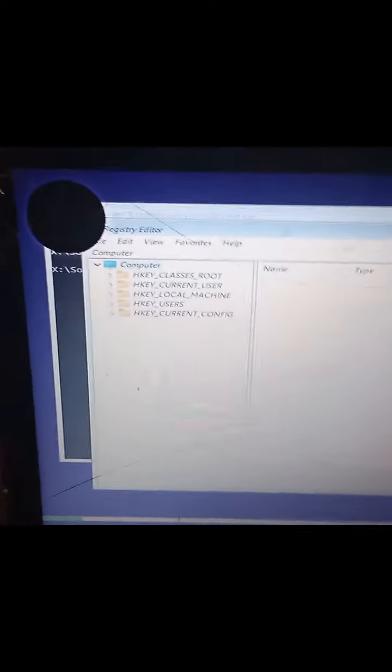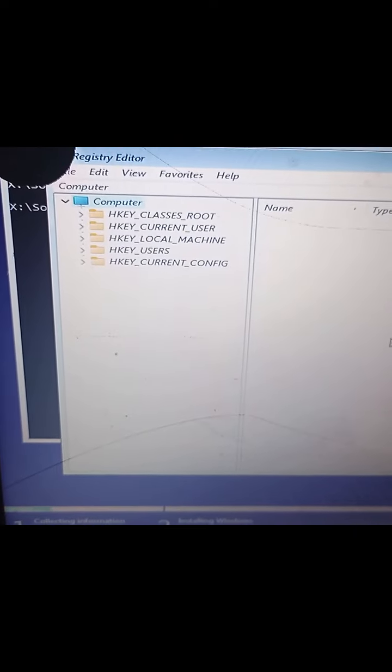So the best thing I'll do is press Shift then F10 to get the command prompt. And once I'm at the command prompt, I'll type regedit to enter the registry editor. Once I'm at the registry editor, then